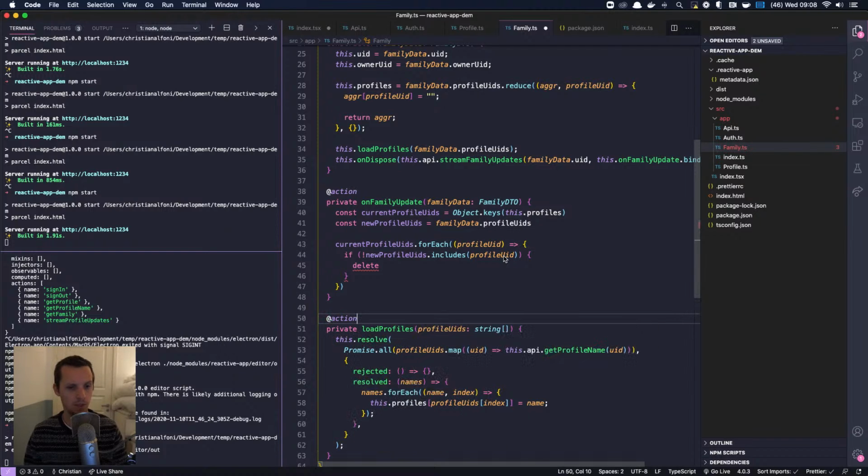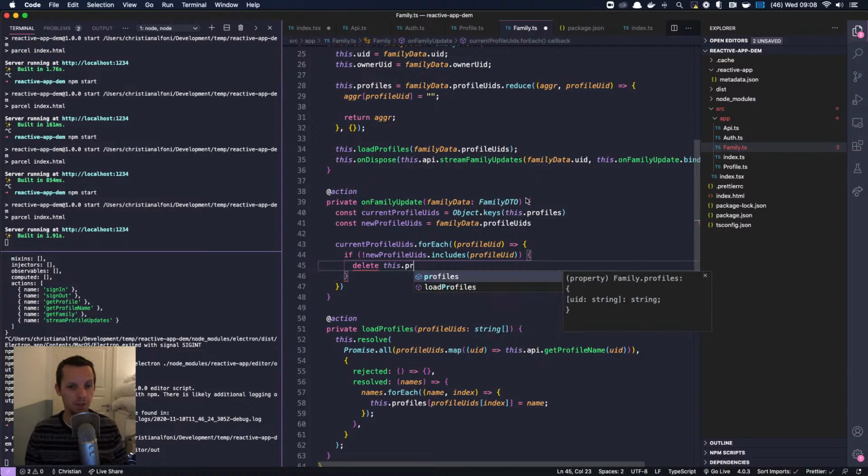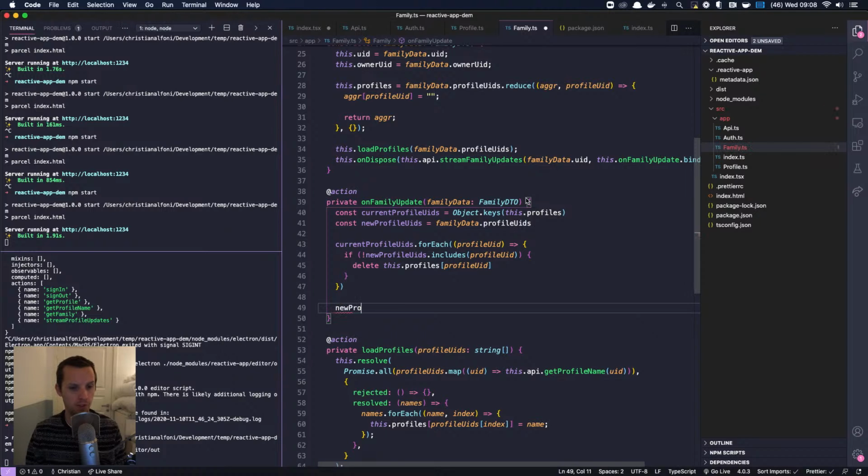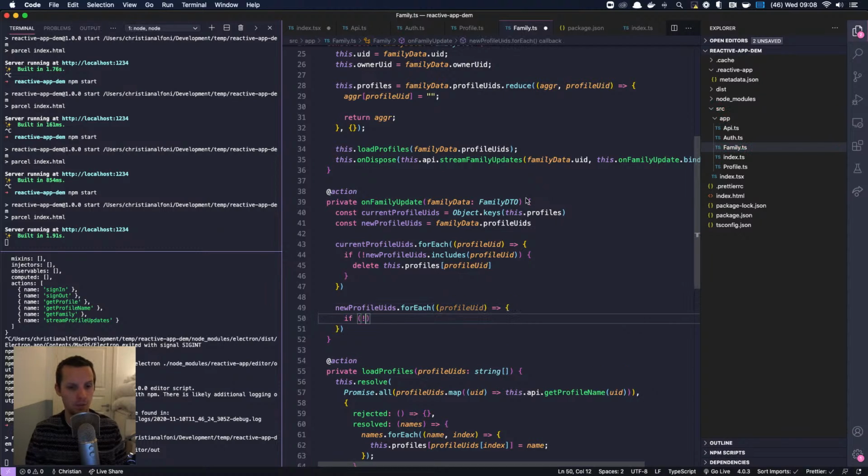Yeah, let's make this an action as well. Then we want to remove it. So this.profiles[profileUID]. That's basically it. We'll remove that profile, and then we need to go through new profile UIDs, profile UID, and if not, yeah, we can do this. If not profile UID in,